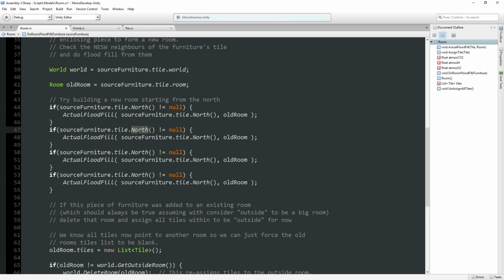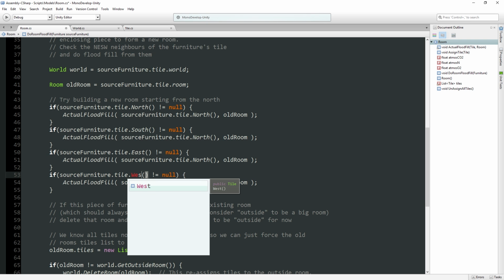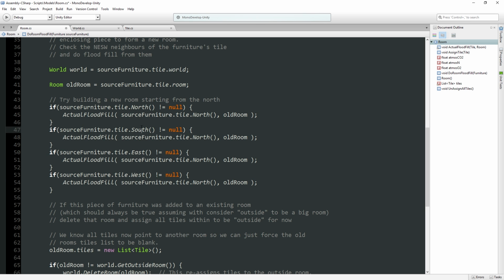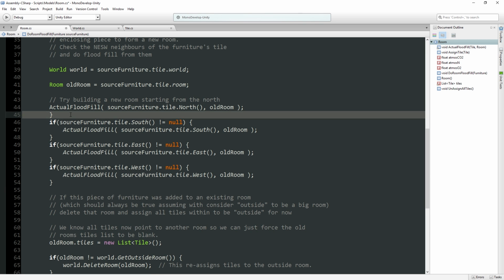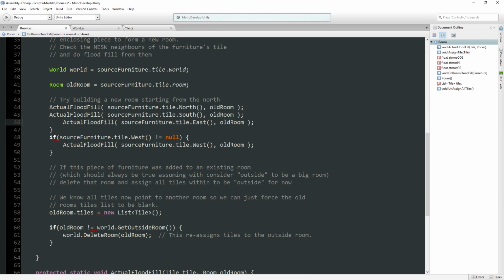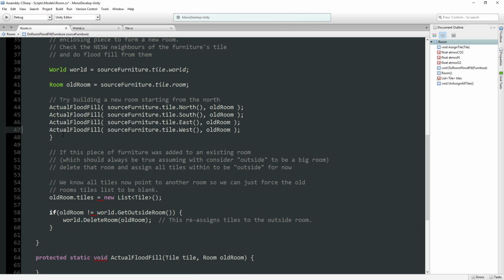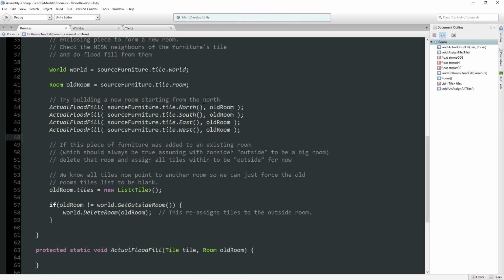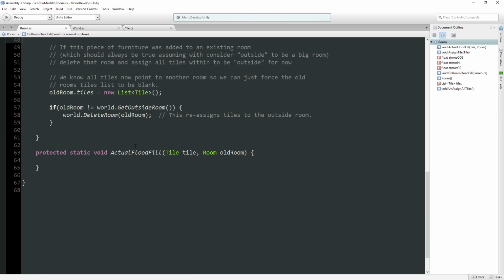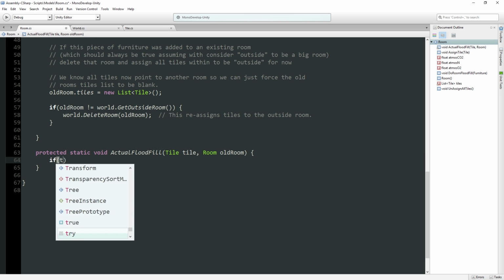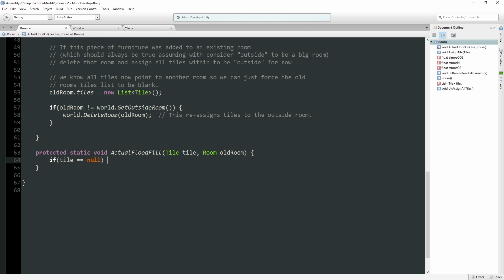So, right, we're going to do this 3 times, 4 times, 5 times, no. East and west. And then we're just going to pass those. Actually, I guess I could save this. Hold on. I mean, I've already done the typing. But we could do this. We could do this. And then here, the first thing we could do is if tile is equal to null,